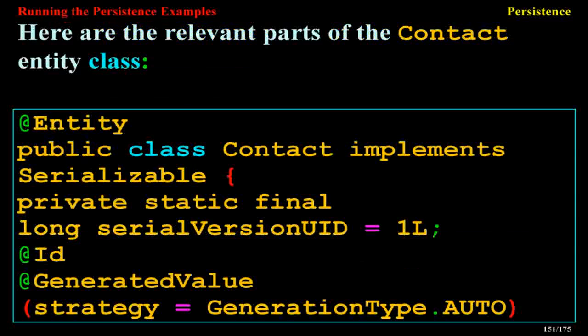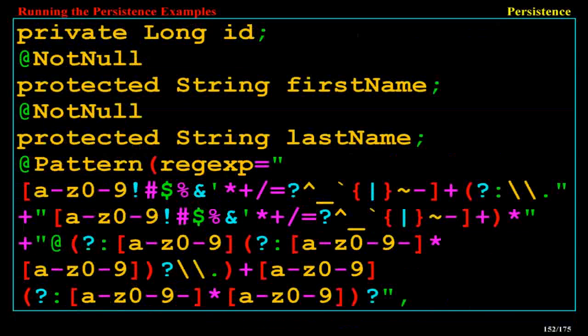@Entity public class Contact implements Serializable { private static final long serialVersionUID = 1L; @Id @GeneratedValue(strategy = GenerationType.AUTO) private Long id; @NotNull protected String firstName; @NotNull protected String lastName; @Pattern(regexp = "[a-z0-9!#$%&'*+/=?^_`{|}~-]+